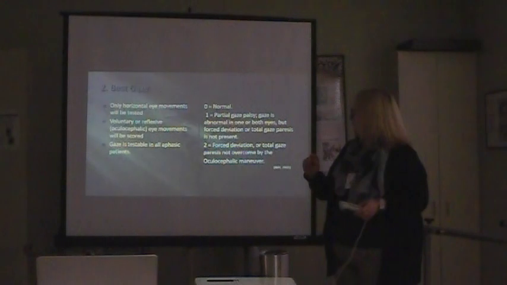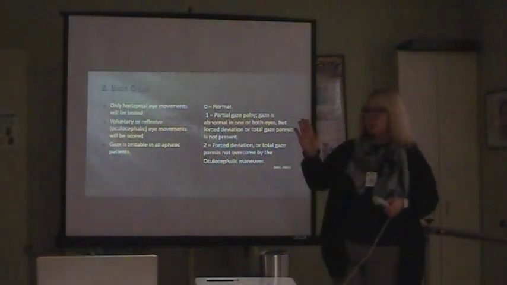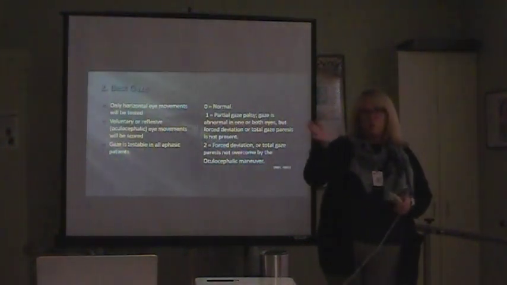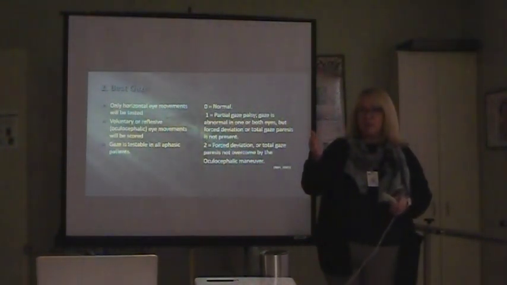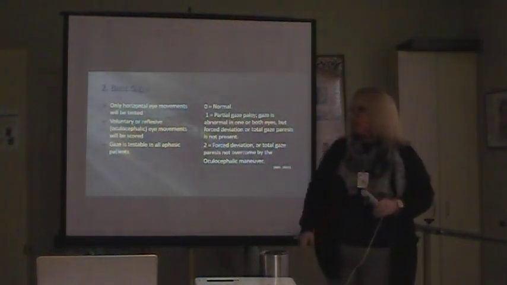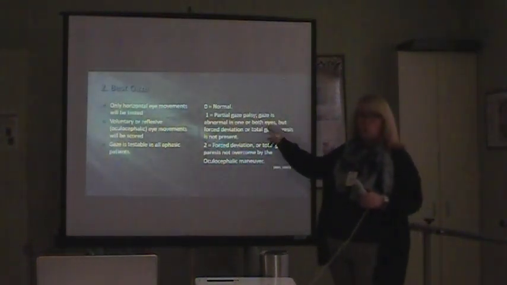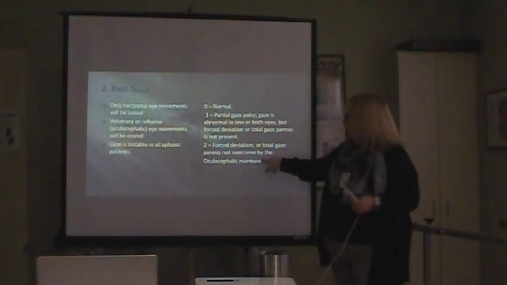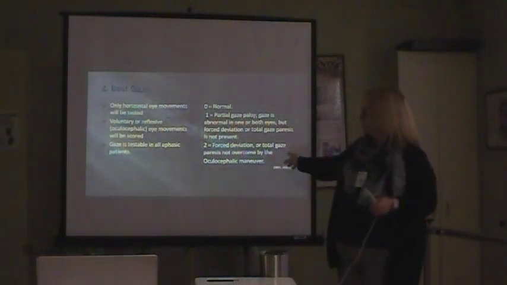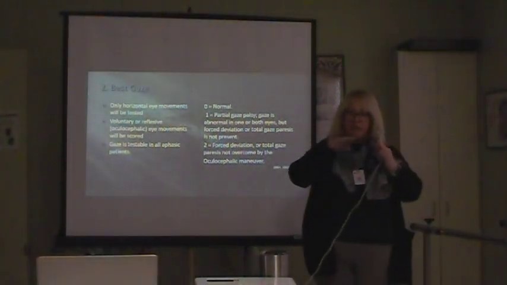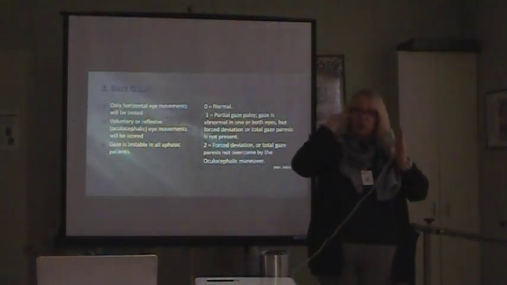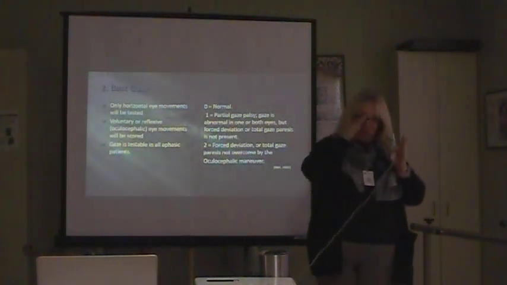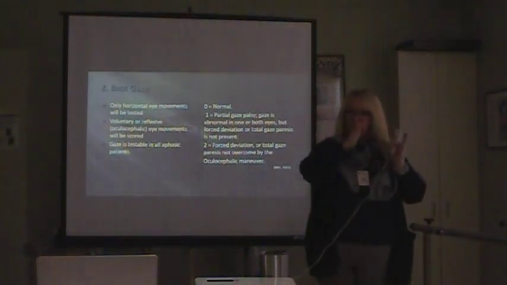Now if you have a person who can't come across the horizon, you might have one eye or both eyes that have a slight deviation, but they can bring it up to midline. That would be a patient that would get a 1. Of course, if they do it completely, that would be the 0. A patient with what we call forced deviation or total gaze palsy is not even able to come out of that deviated gaze. So they're not able to come up to midline,